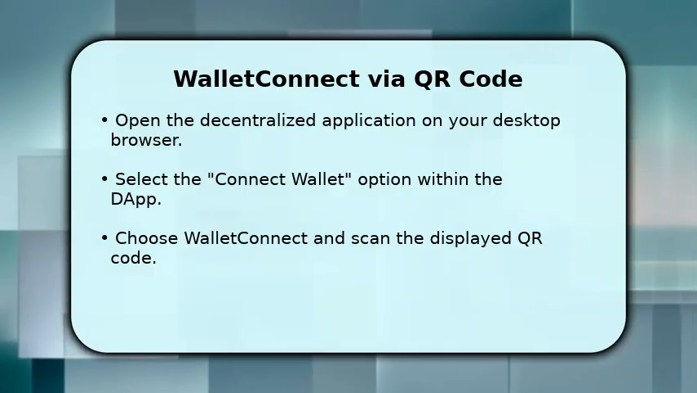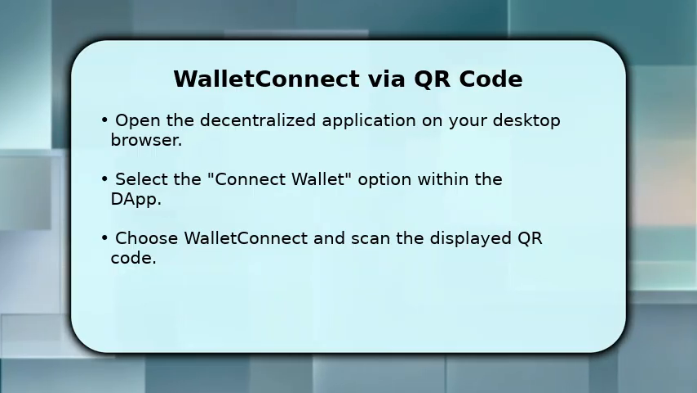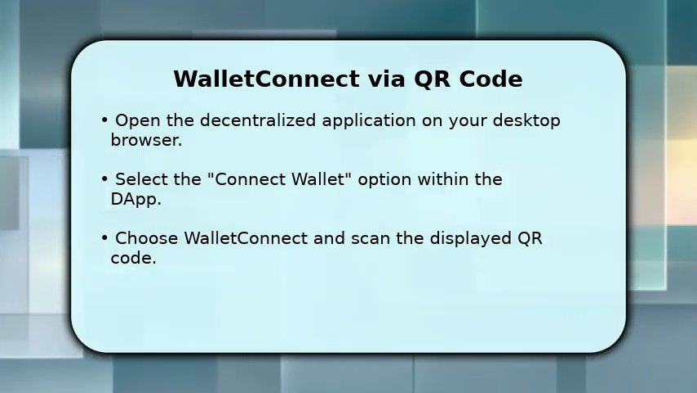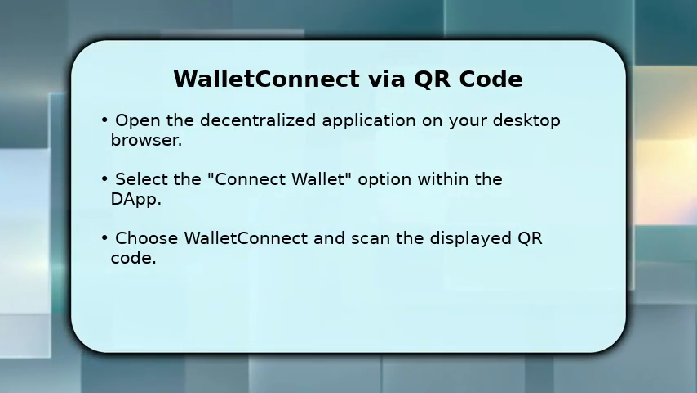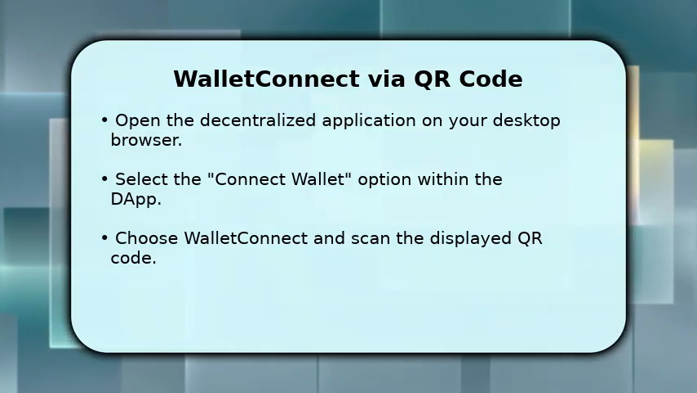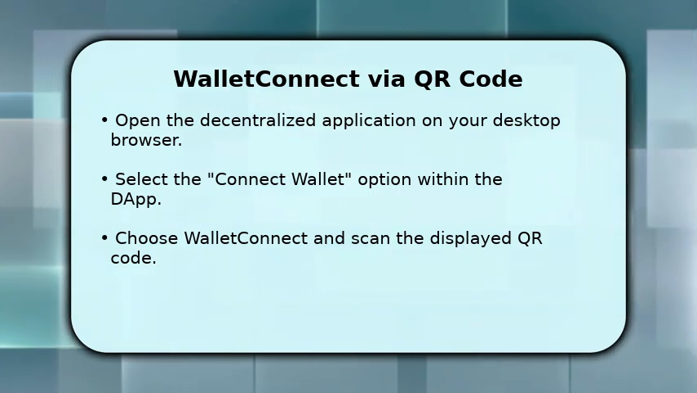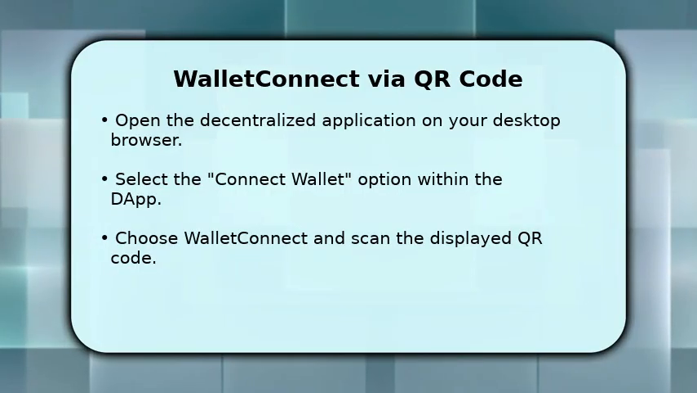First, navigate to the decentralized application you wish to use on your desktop browser. Look for the Connect Wallet button, usually found in the top right corner. Upon clicking, you'll often see several wallet options. Select Wallet Connect. This will display a unique QR code on your computer screen, ready for scanning with your mobile